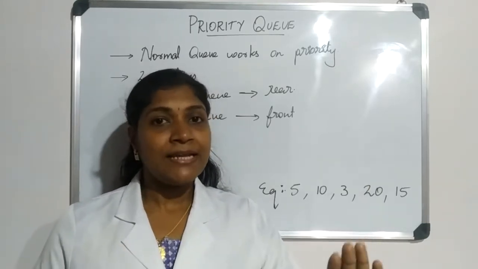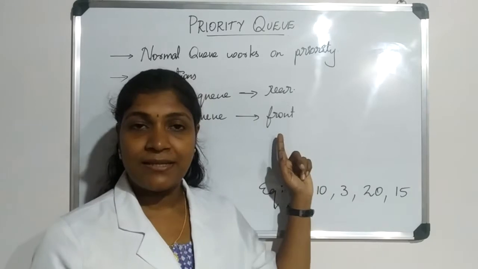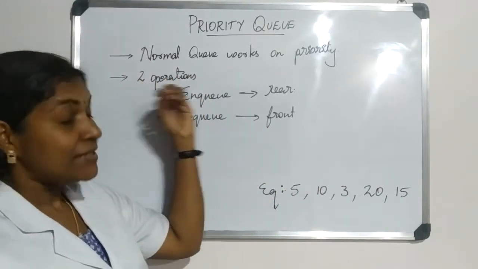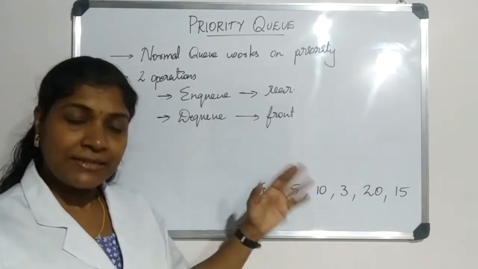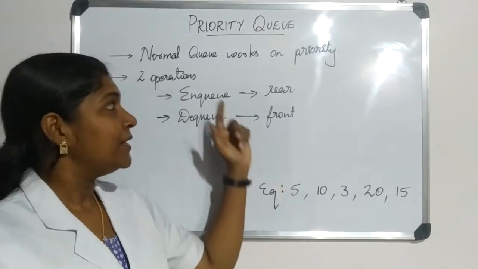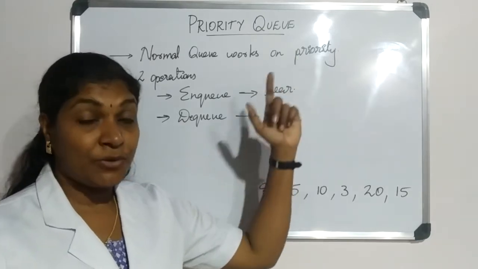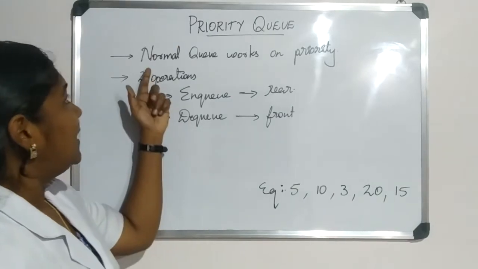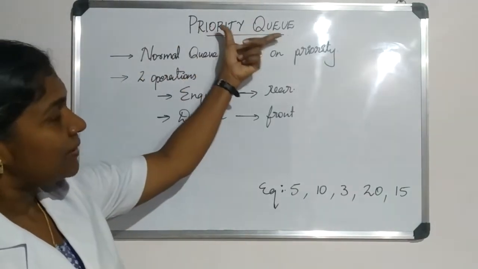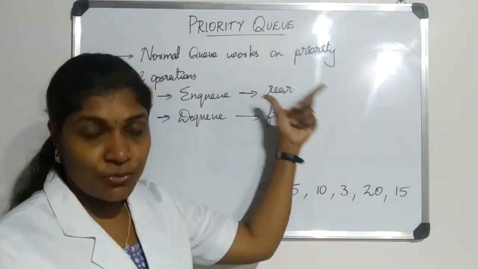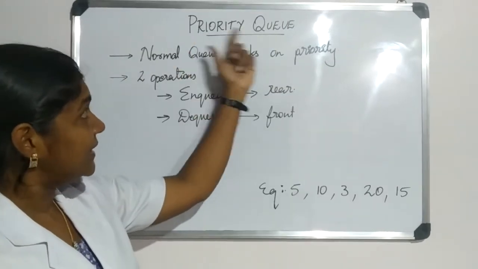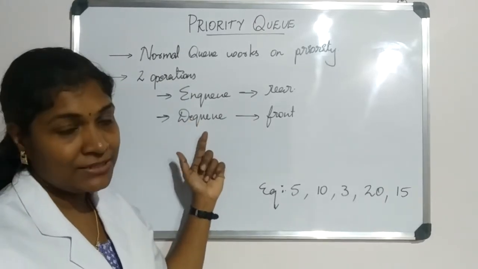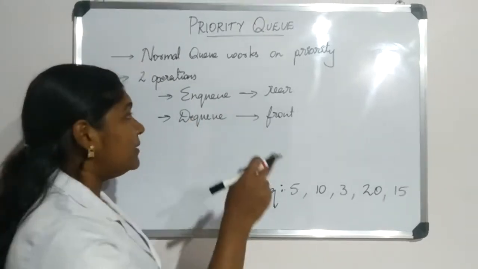If you are clear with that concept, that is enough to understand the concept of a priority queue, because a priority queue is a simple normal queue with some priority in order to perform the two operations NQ and DQ. We are implementing this priority queue in a normal queue itself, which has two operations, the NQ and DQ operation, and these are the points you have to remember.